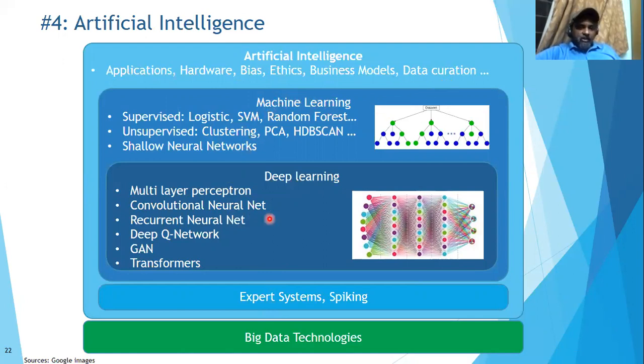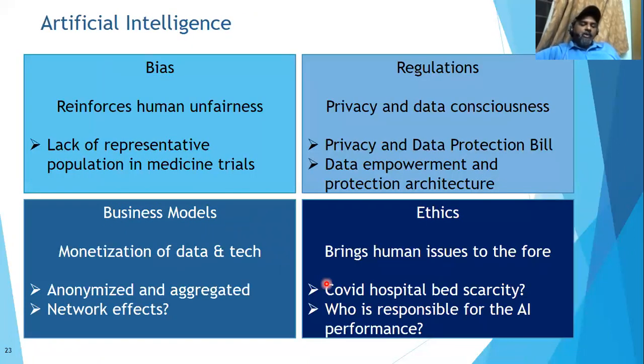A class of algorithms are called machine learning. A subset of that, where you have a lot of data and more complex phenomena, is called deep learning. And ultimately, the technologies that make a lot of this possible by processing data is called big data. So hopefully that gives you a bird's eye view of what AI is. Now, we talked about a few pieces beyond algorithms that are important. Touching upon a few here.